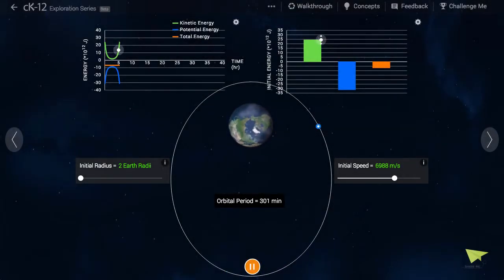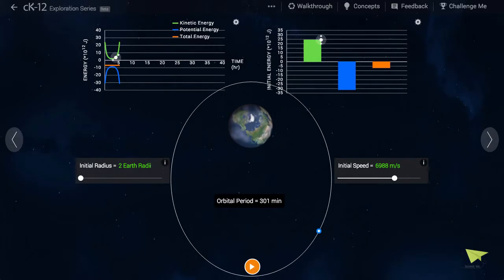One way we can analyze how a satellite orbits the Earth is to look into what we call the energetics of the orbit, the exchange of kinetic and potential energy over time, and how the sum of these, the total energy, remains constant. Let's start by pausing the simulation so we don't have to worry about getting distracted by the